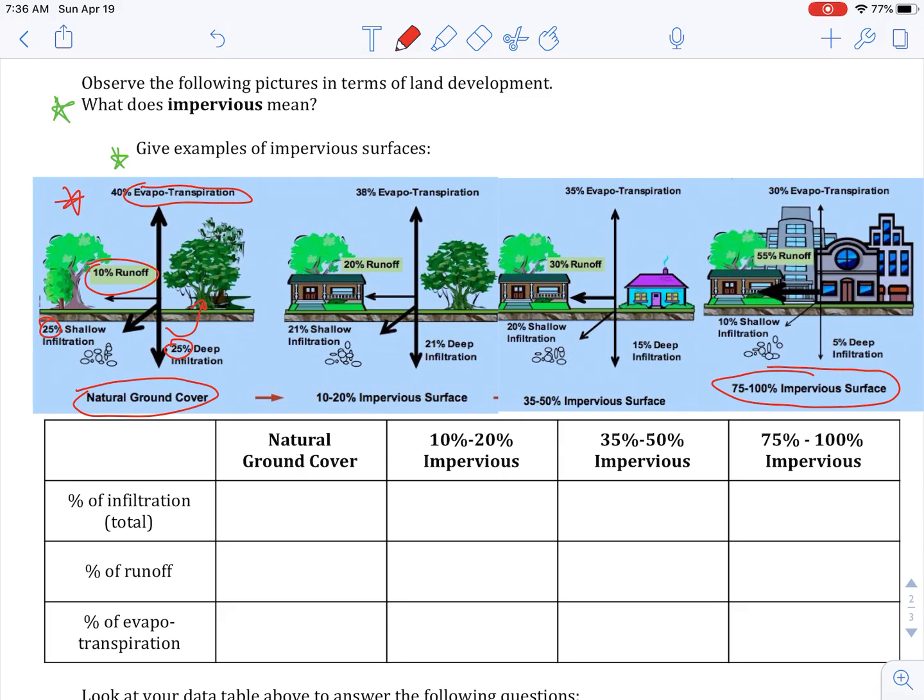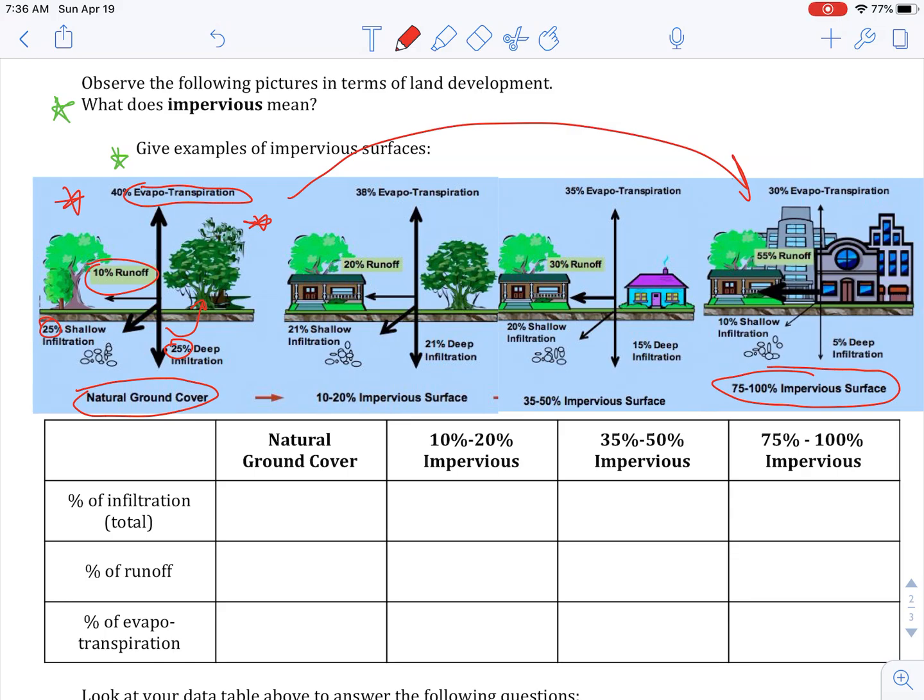Okay, so all these surfaces, these buildings, the roads, sidewalks, are all impervious, which means that it doesn't allow things to go through. In this case, the thing that we're talking about is rain or water. Okay, so just imagine taking a grassy area here in Minnesota, all the way over here on the left-hand side, and somebody coming in and developing it and turning it into a strip mall or developments or places for people to live. Okay, now what that's going to do, since we're adding more and more impervious surfaces, is we're going to increase the amount of runoff, right?